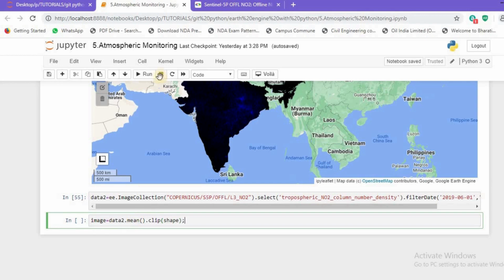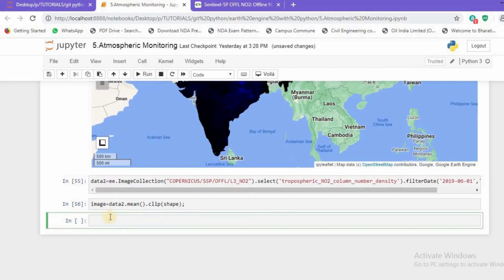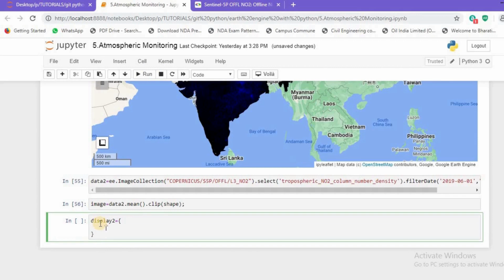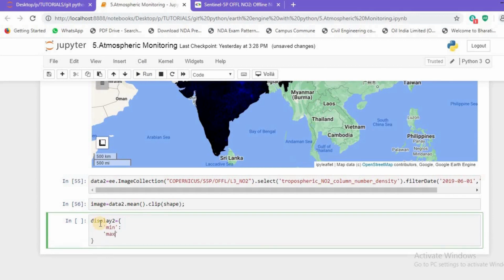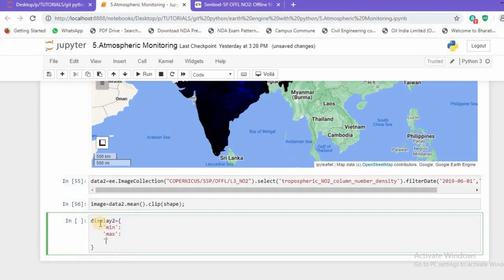Let's terminate the line and let's hit the run button. We have successfully clipped the data into our shapefile. So let's again create a variable display2 similar to the previous one, and let's create variables. So we have minimum, then we have maximum, and then we have palette.